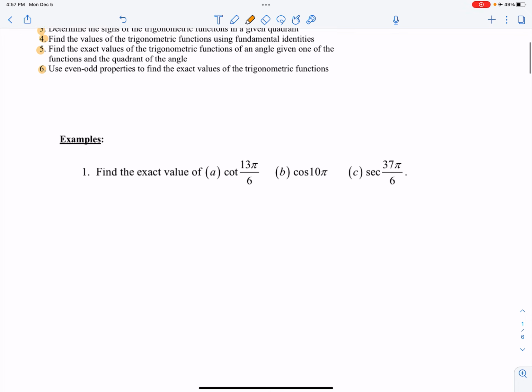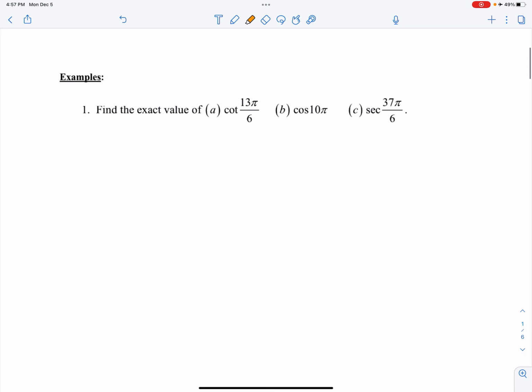Okay, so what we're going to do is take a look at some of our trig functions and find the exact values of these particular angles. First we'll look at cotangent, then we'll look at cosine, and then we'll look at secant. For our cotangent, we're looking at the exact value of cotangent of 13 pi over 6. Well, what we can do to make this a little bit more manageable is look at